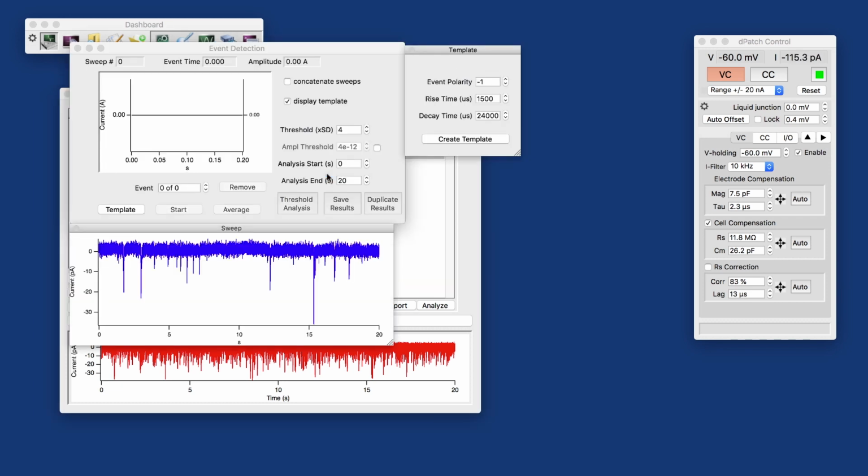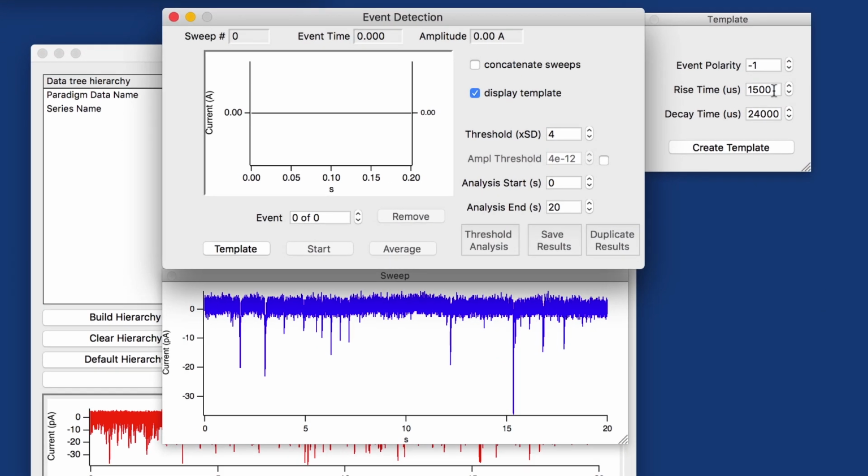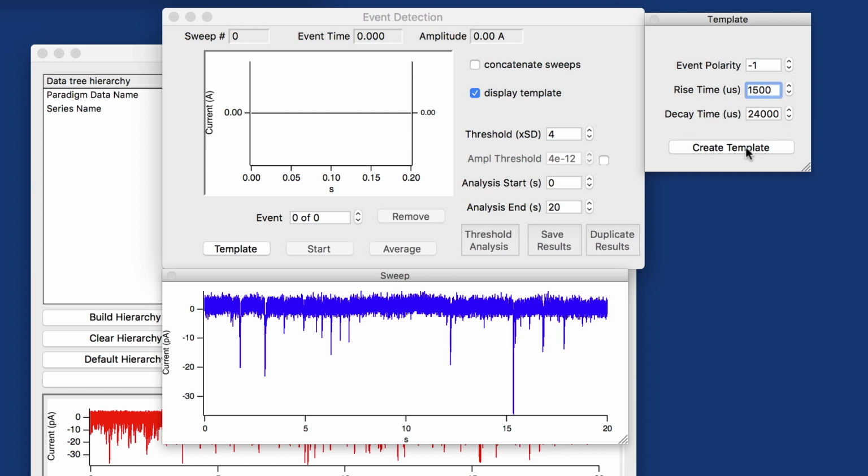So let's start the event detection here. In the template field, we can create a template defined by rise time and decay time. That is shown here then. We can set the threshold that's expressed in times standard deviation.